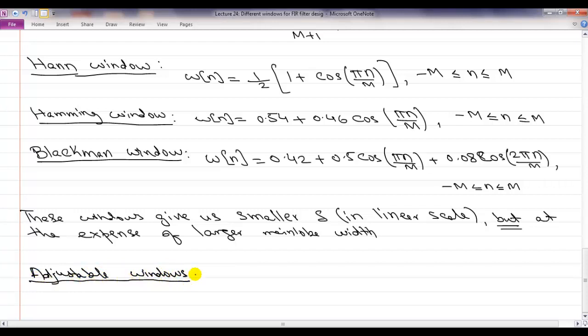So as we saw earlier, all the windows that were listed in the table have one parameter only. They are a function of the length. As you increase the length, their transition width or main lobe width decreases, but their attenuation stays constant. So these adjustable windows are basically windows that change shape